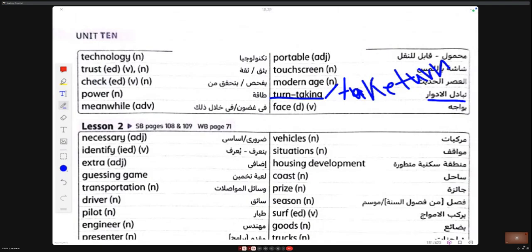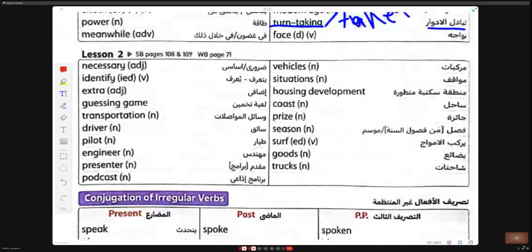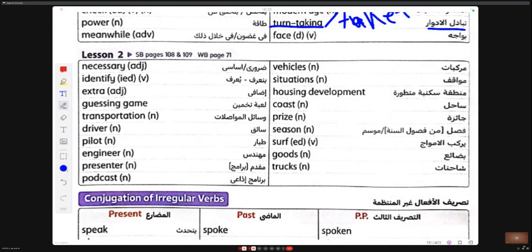Lamar, listen to. Necessary, identify, extra, guessing, game, transportation, driver, pilot, engineer, presenter, podcast, vehicles, situations, housing development, cost, price, season, serve, goods, trucks.